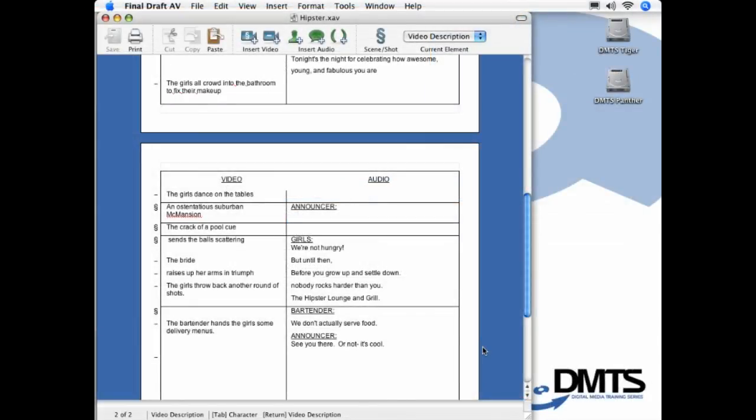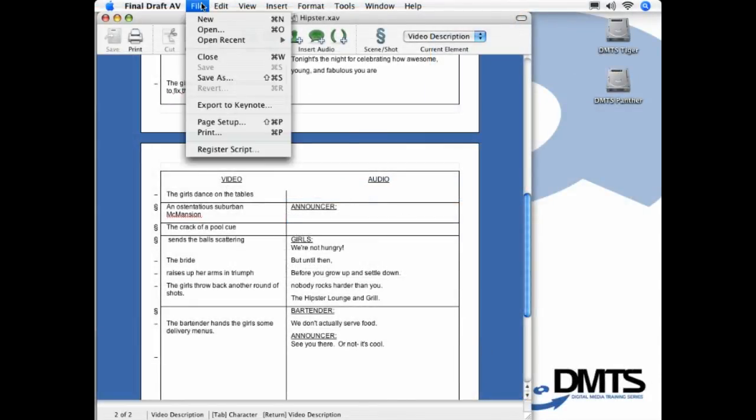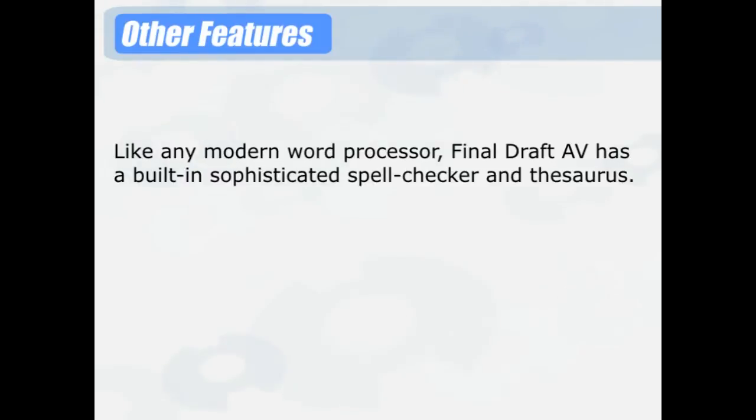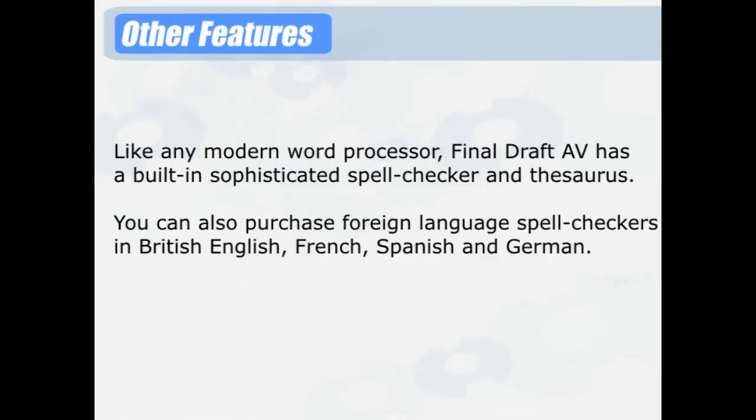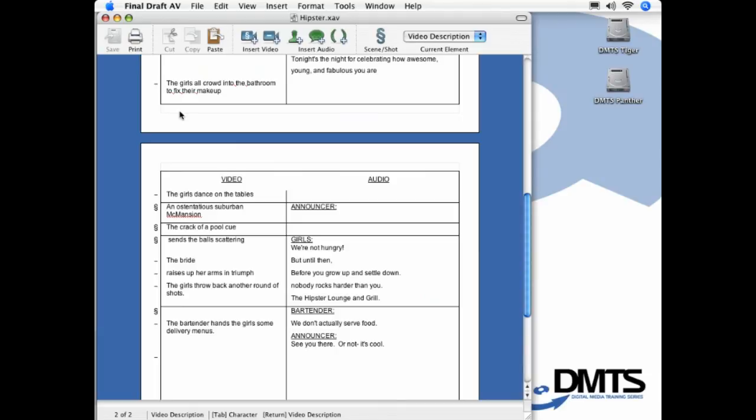With Macintosh computers, under the File menu, you can export the script to Apple's Keynote presentation software, so storyboards or QuickTime movies may be integrated with the text. Final Draft AV has a built-in sophisticated spell checker and thesaurus. You can also purchase foreign language spell checkers in British English, French, Spanish, and German. You can register your work with the Writers Guild of America West, even if you are not a member of